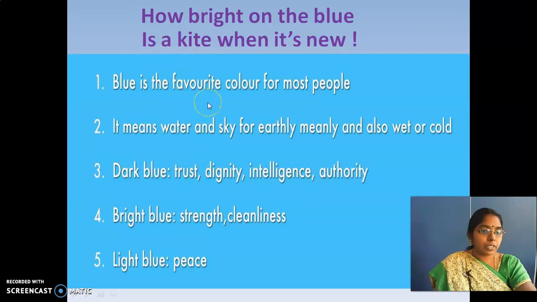Blue is a favorite color for most persons, and for me also it is a favorite color. It means water and sky, and also wet or cold. When we ask you to color the Indian Ocean or Pacific Ocean, whatever ocean it is, immediately what will you do?